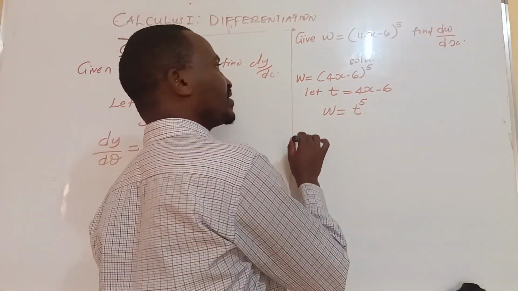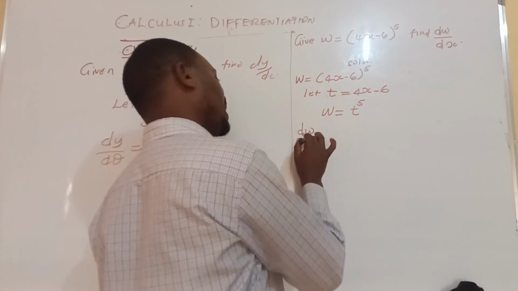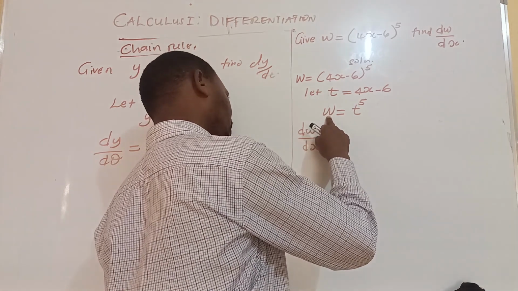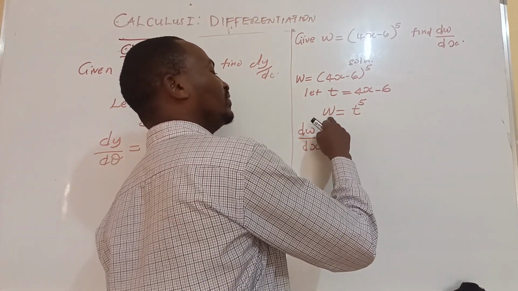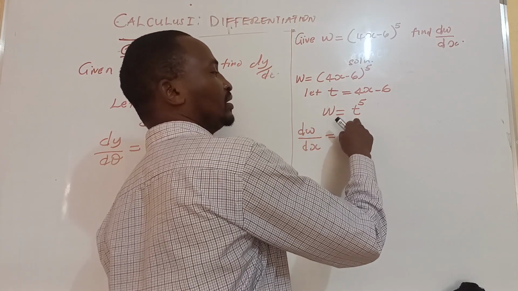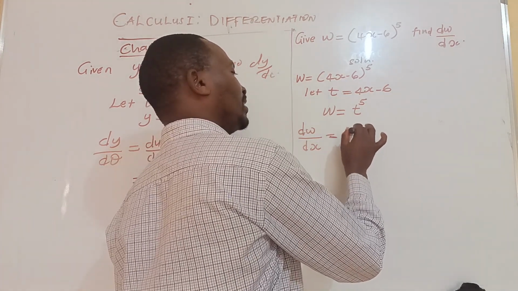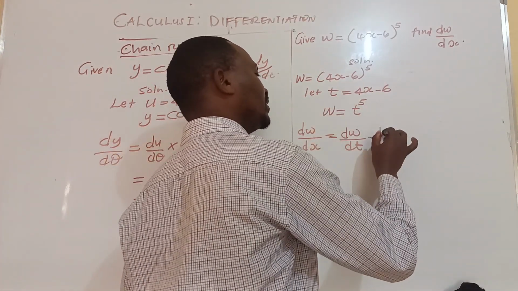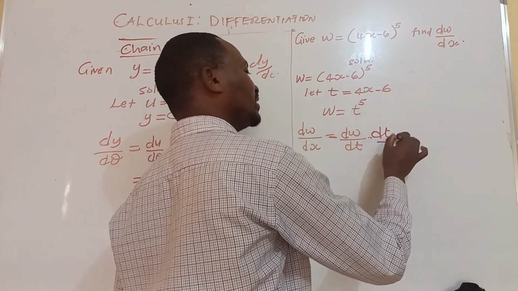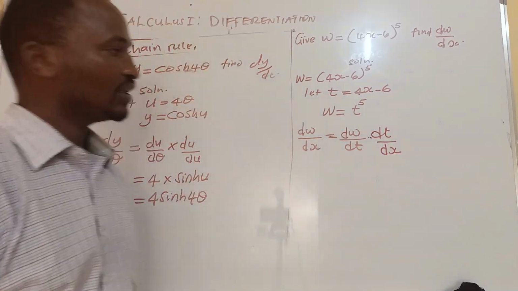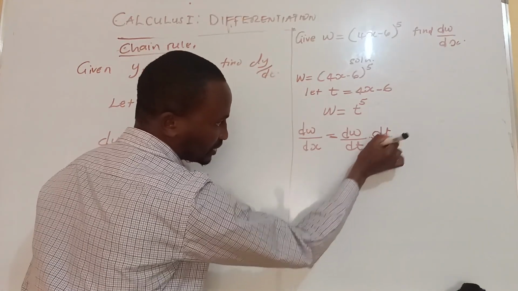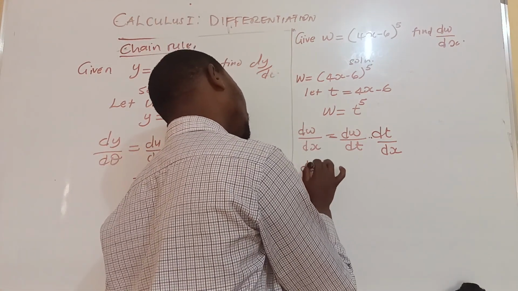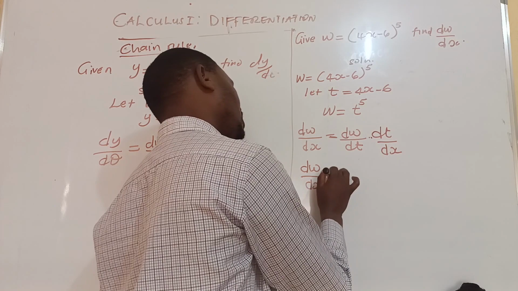Now the derivative dw dx will be equal to the outer differentiated with respect to t. Differentiate w with respect to t, it will be dw dt. If you differentiate t with respect to x, you get dt dx. Again, notice if you cancel here, dt cancels with dt, it will be dw dx, which is what we have here. So that now dw dx is equal to,